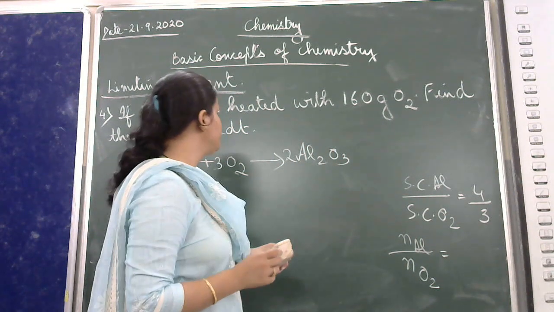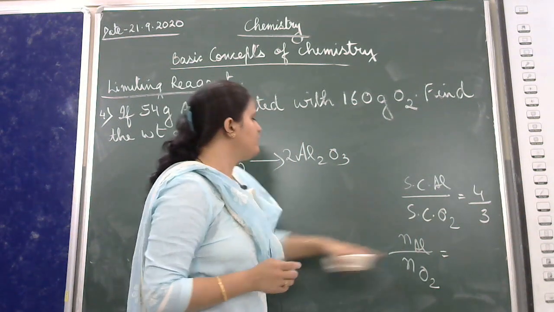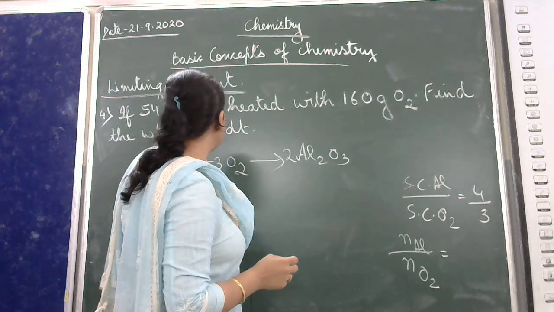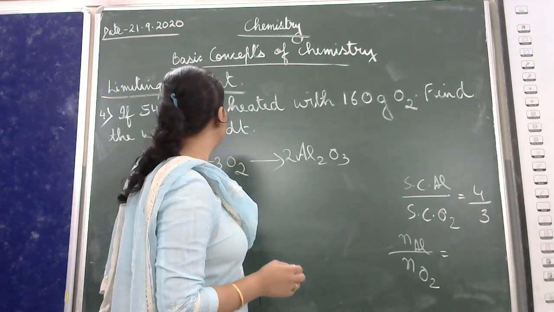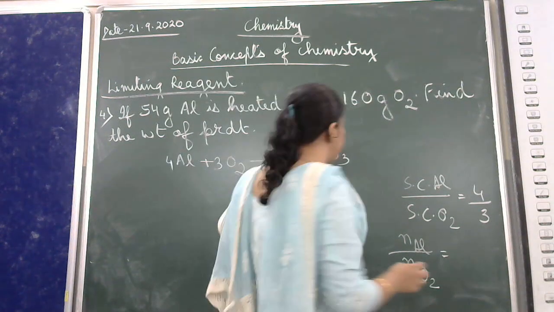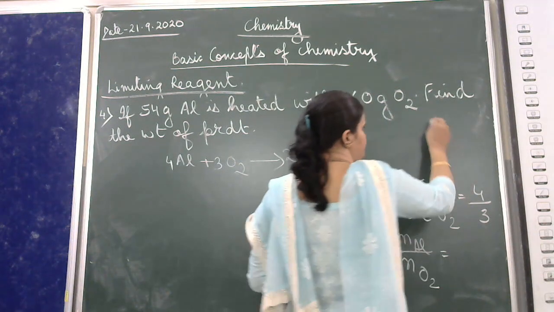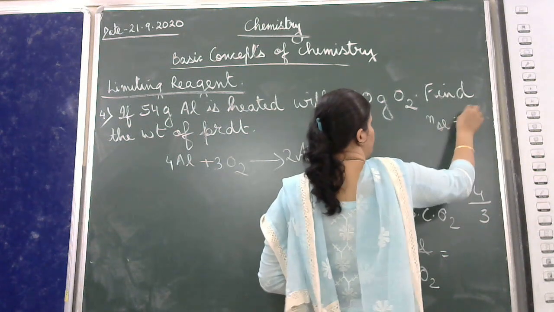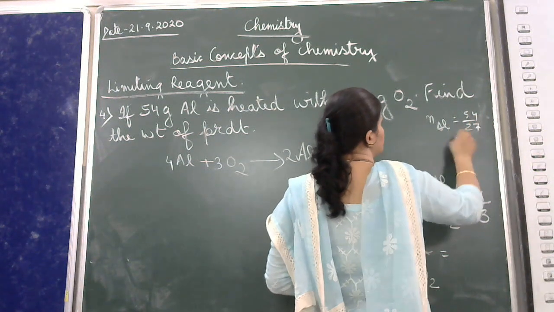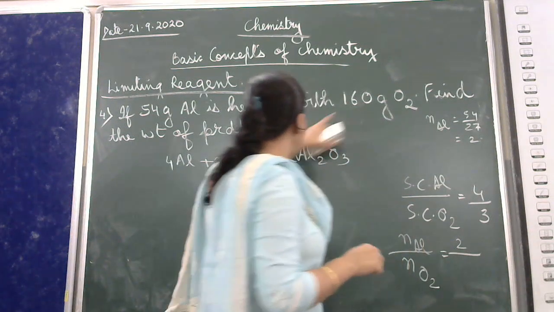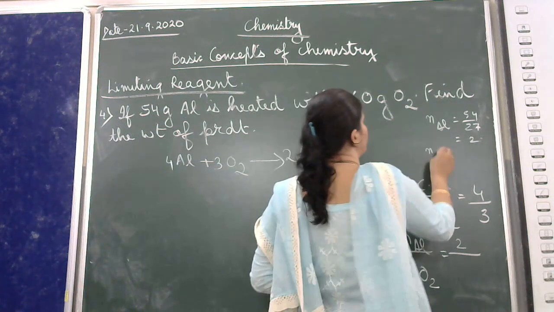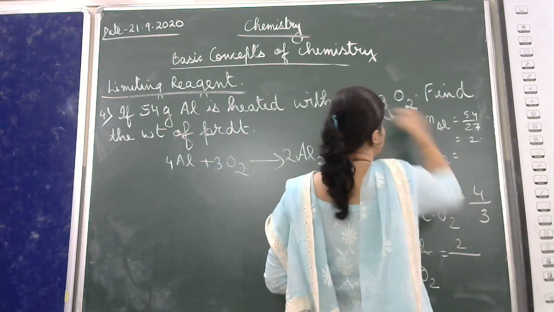Now, what are the moles of aluminium? 54 gram is given. Atomic mass of aluminium is 27. So 54 divided by 27 is actually 2. So 2 moles of aluminium, and oxygen, atomic mass is what? It is 32. So 160